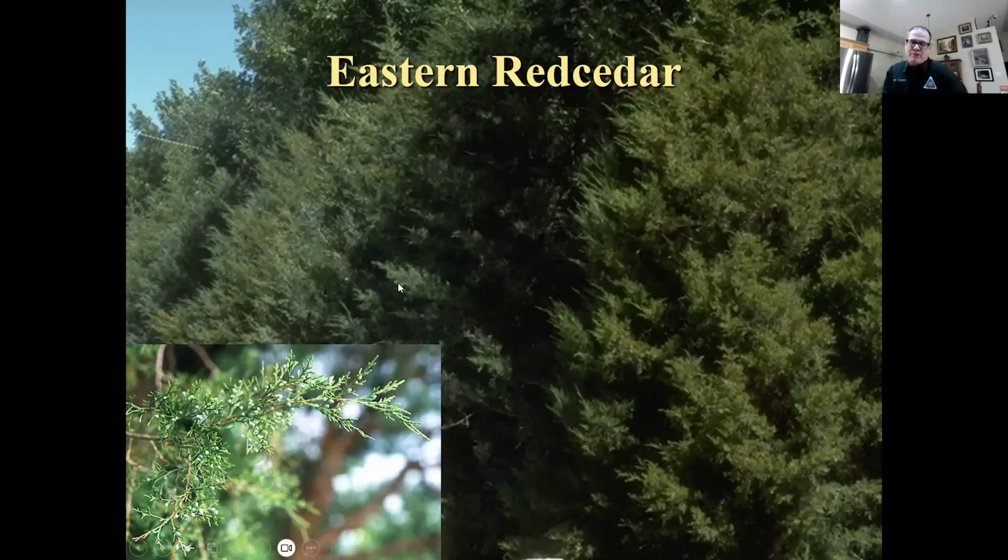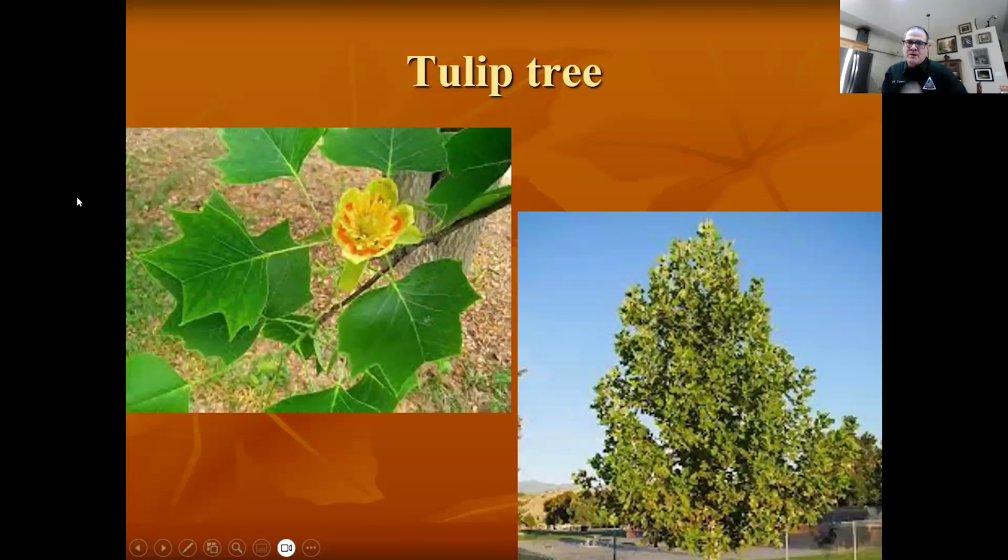It's nice to plant one of these close to that feeding station to give them cover. Tulip trees, everything on a tulip tree looks unique. The buds, the leaves, they have these huge tulip looking flowers on them. They come out when the tree's fully leafed out and they're green, so they're kind of inconspicuous, but it's still a really, really neat tree.